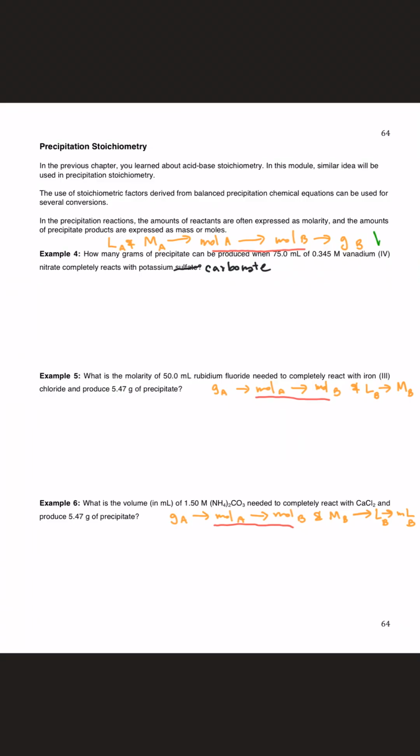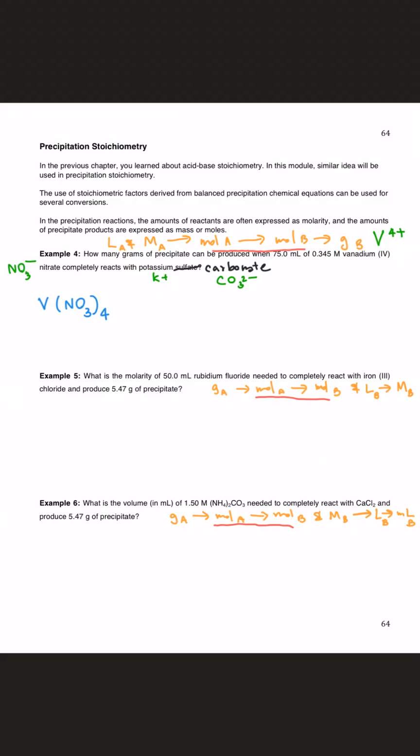Vanadium's chemical symbol is V, and Roman numeral 4 represents the charge of vanadium, 4+. Nitrate is NO3-, potassium is K+, and carbonate is CO3 2-. Therefore, for the chemical formula, every 1 vanadium would require 4 nitrate. And because vanadium nitrate contains nitrate, which is soluble, this ionic compound would be soluble, so the physical state